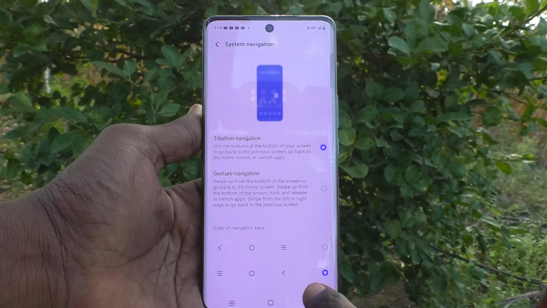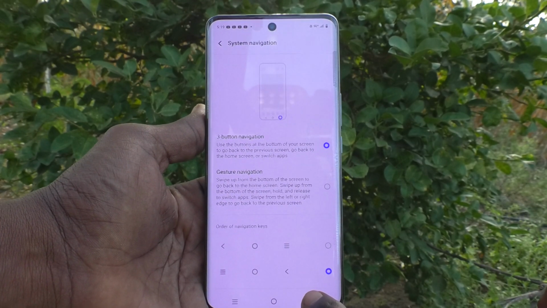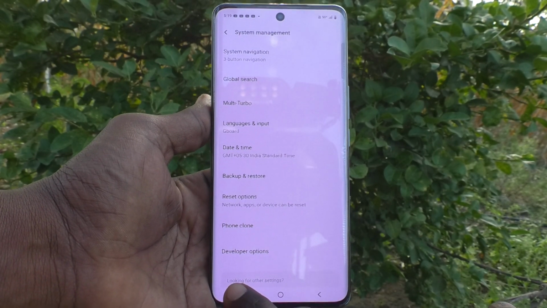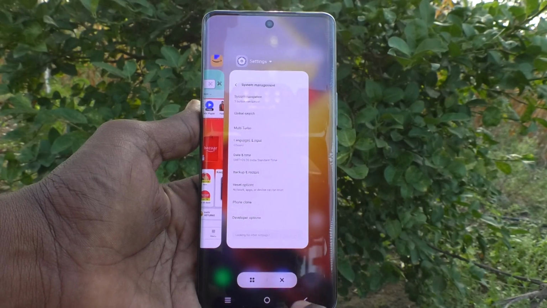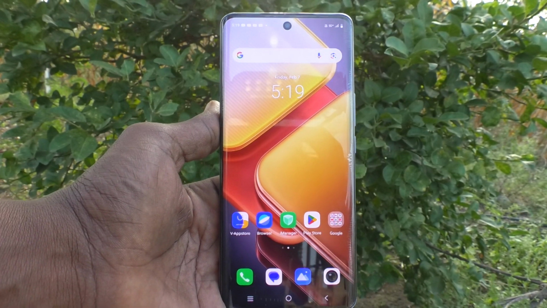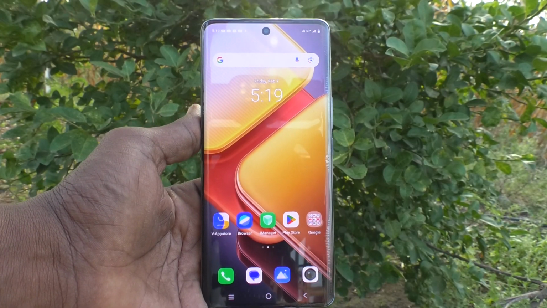So to go back, now hereafter you have to press this one. That is in the right side. To view recent tabs you have to press here. To go to the home screen you have to touch here. So in this way you can easily reverse the navigation keys in your phone